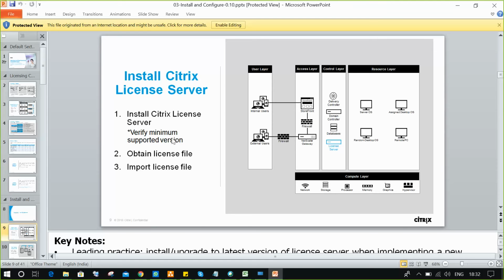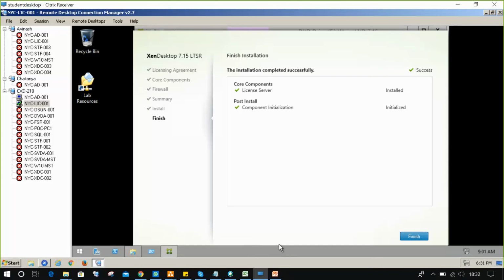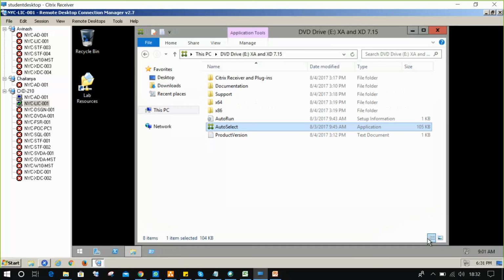Verify minimum supported version means whatever operating system and whatever XenDesktop product you are using should be compatible. Understood? The core components, license server and component installation, initialized successfully. Click finish. First step is completed. Now you can close the window.